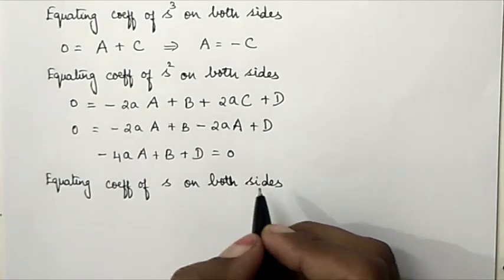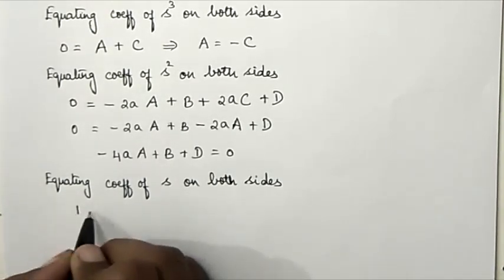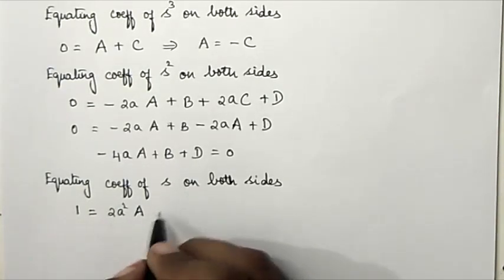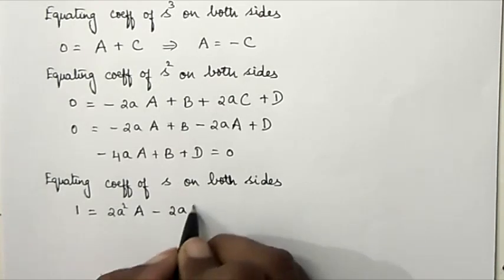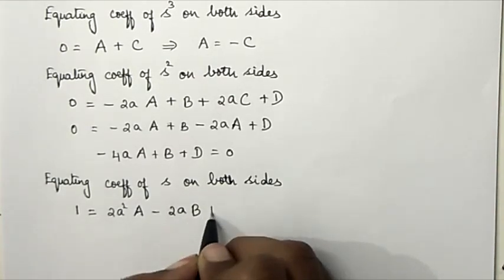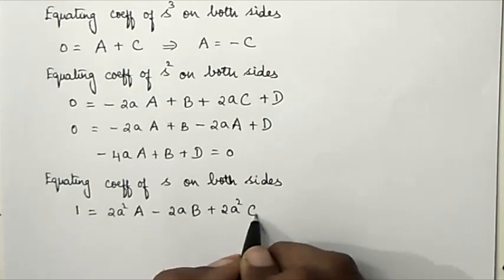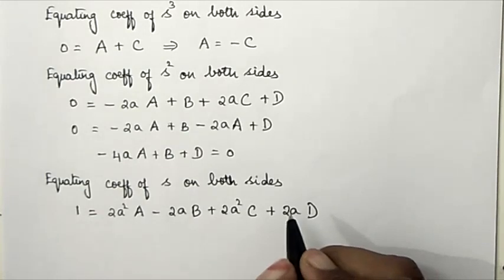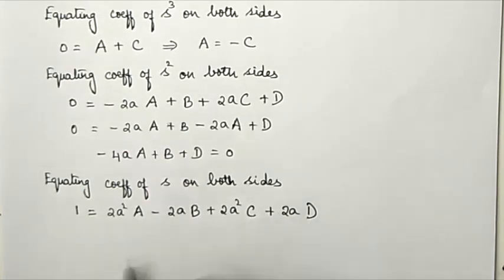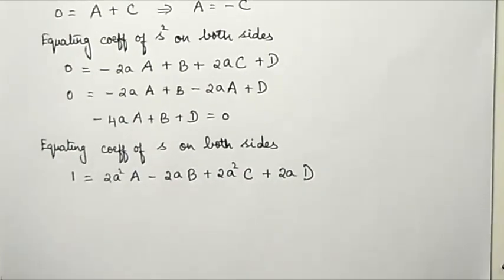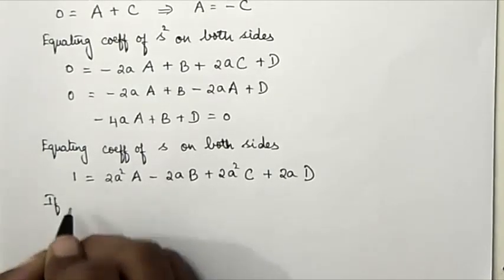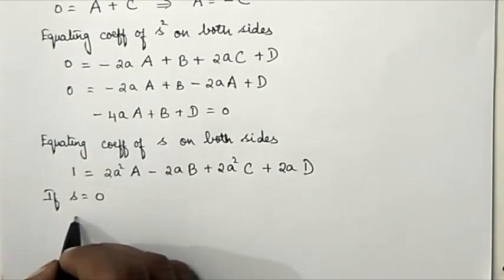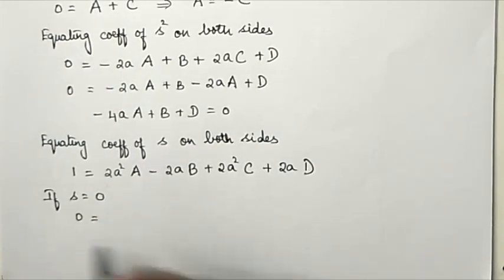Equating the coefficient of s on both sides, I get 1 is equal to 2a² A minus 2a² B plus 2a² C plus 2a D. So this is what I get. Next, lastly, I'll try to give the value of s as 0. If s is equal to 0, I'll get 0 is equal to